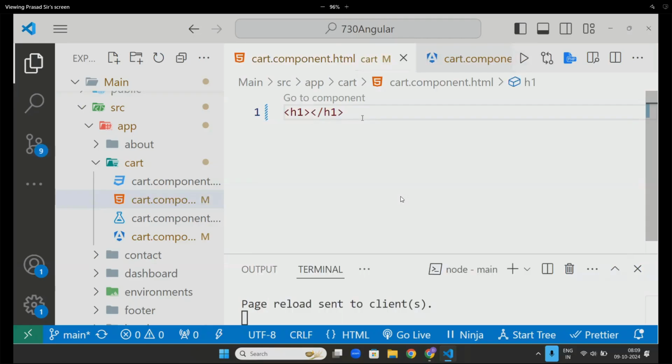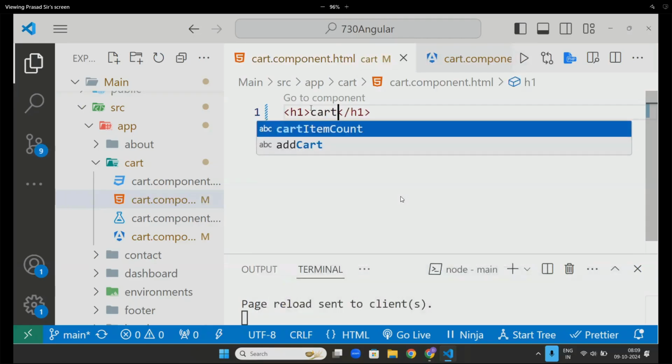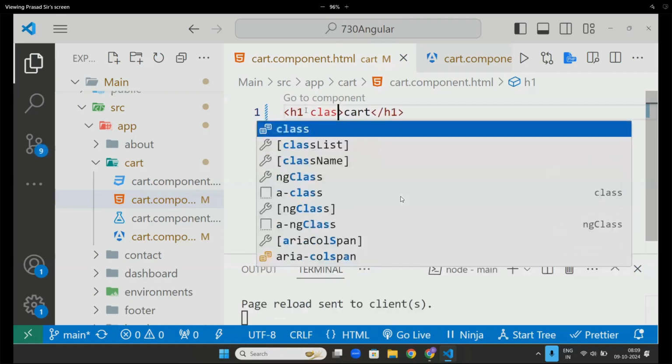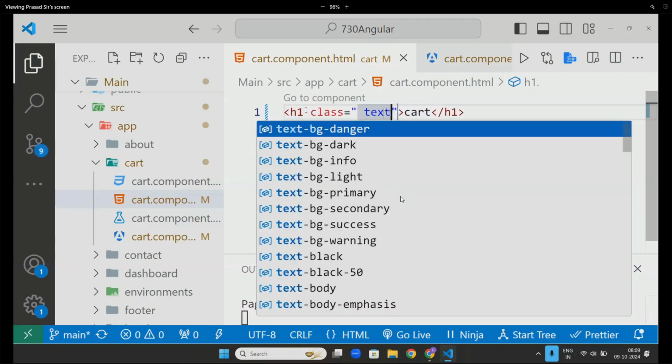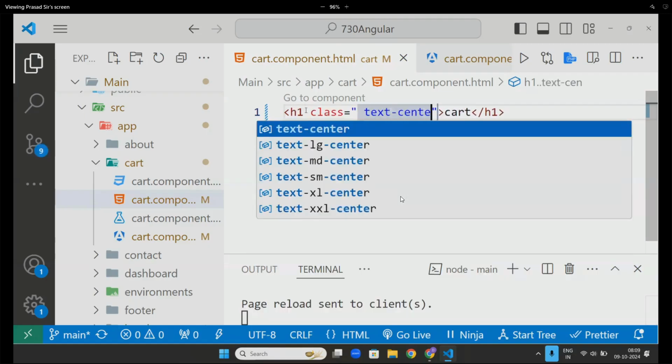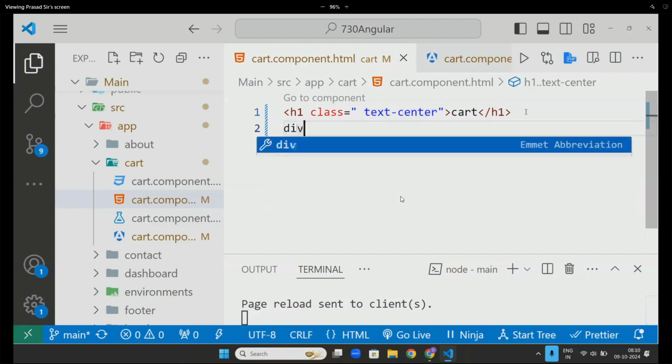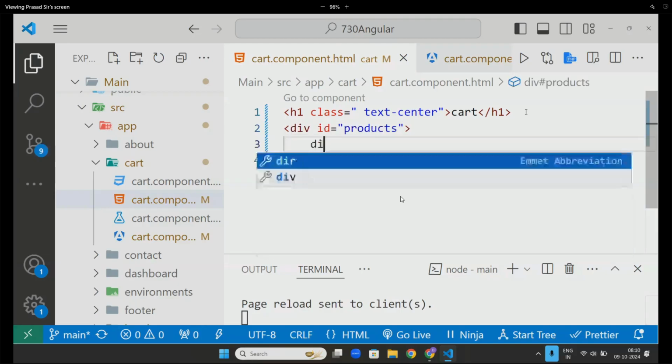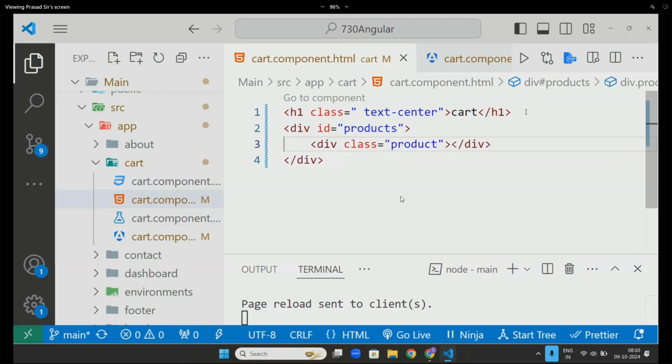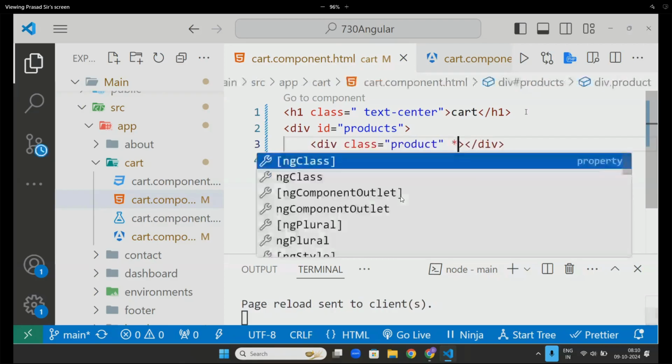H1 cart, class text-center. Next, div #products, div.product, ngFor.